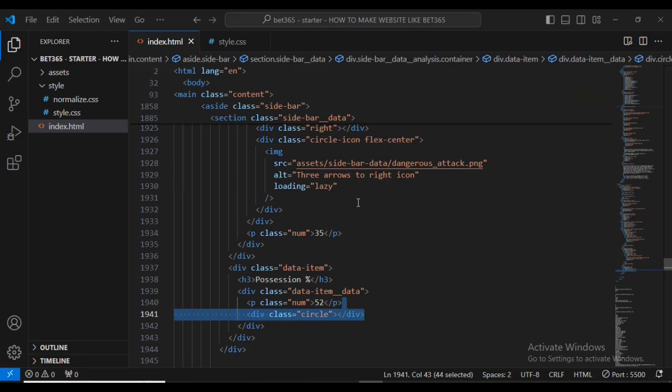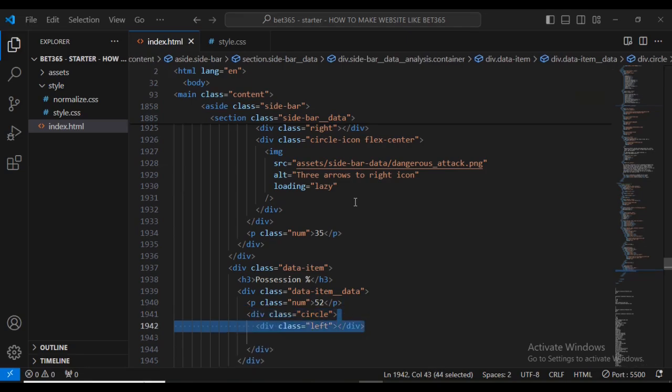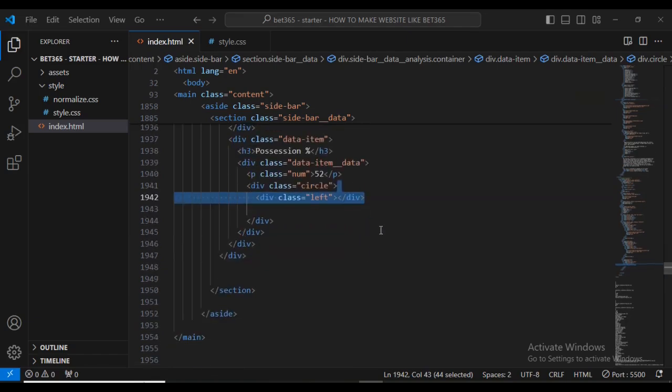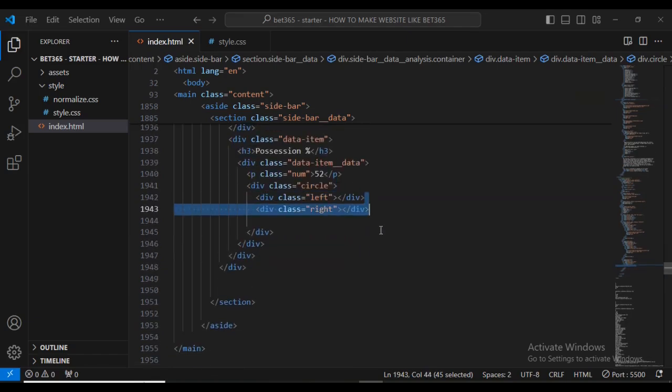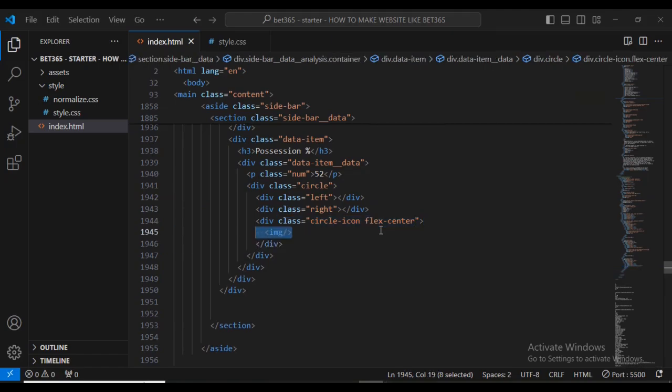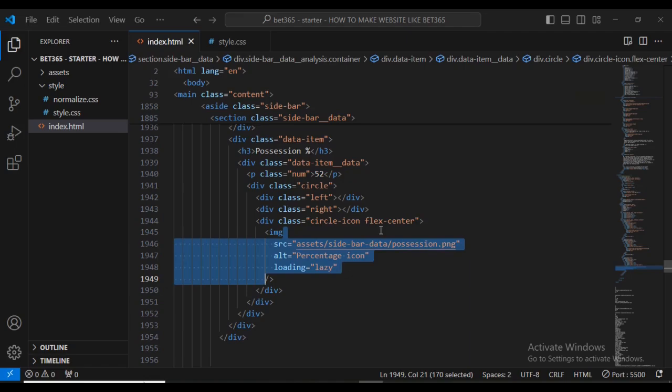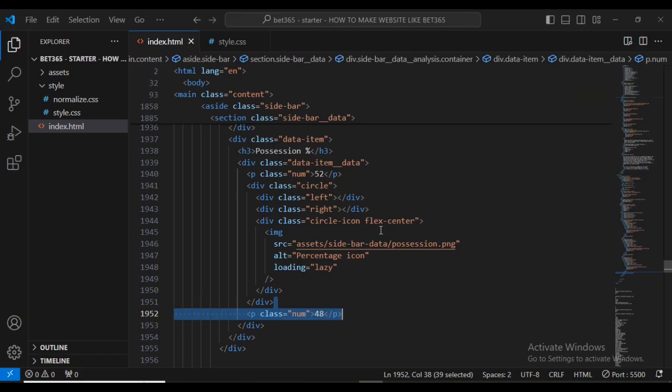Then let's have a div class with a circle. So you can see that I'm going to add another div with class name left. Then let's have a div with class name right. Then let's have a div with class name circle icon, with second class name flexi center. If I do this, I'm going to add an image of position.png. Then let's have a